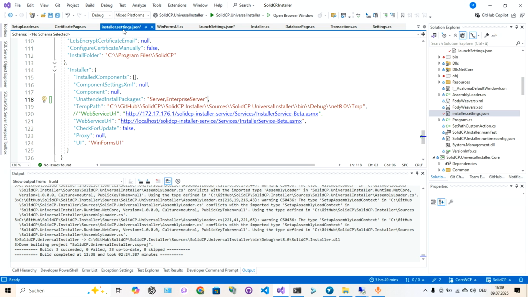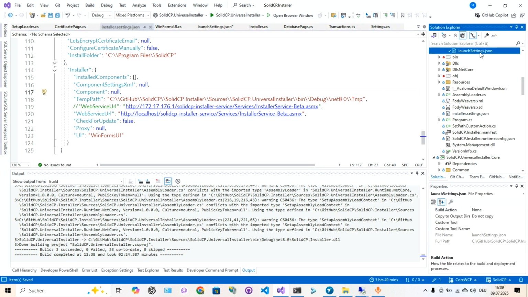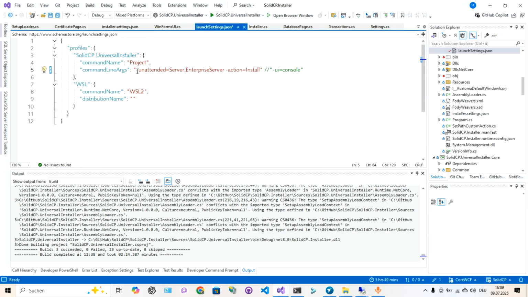But you can also do this on the command line, and we're going to look at this here in the launch settings. You can specify this unattended and then the same list of applications, and you can also specify an install action like install or uninstall or setup or